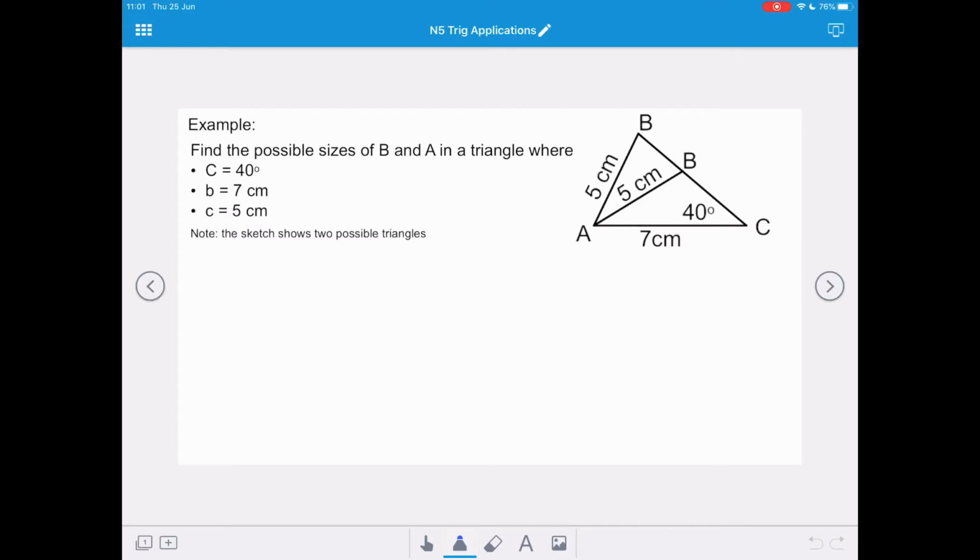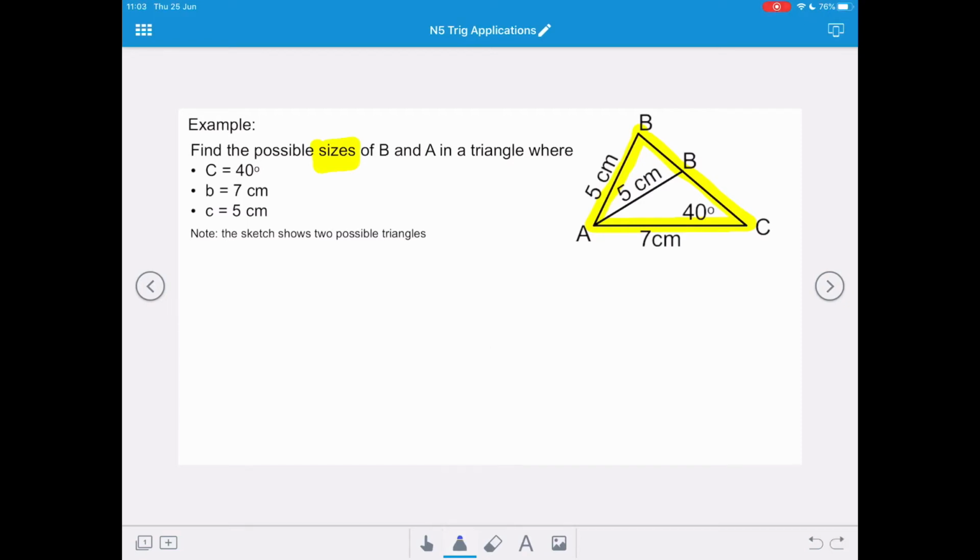Now in the final example, we want to find the possible sizes of B and A in a triangle where C equals 40 degrees, B equals 7 centimeters, and C equals 5 centimeters. And you can see in the sketch that it shows two possible triangles. And that's because the question is asking for the sizes, plural, of B and A. So if we start off working out angle B in our acute scalene triangle,